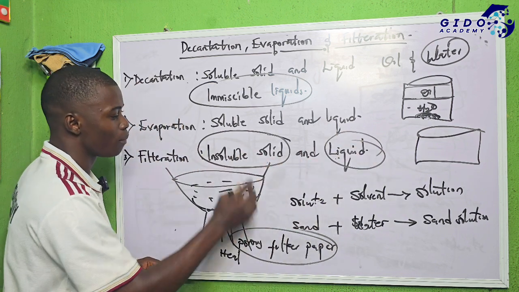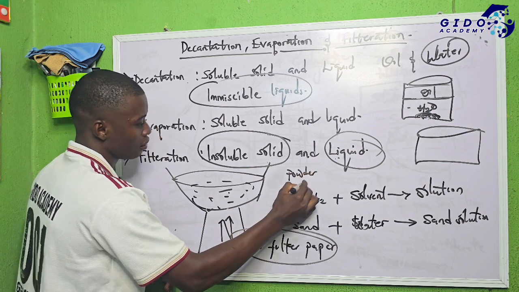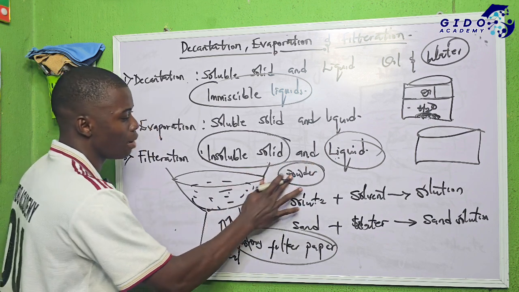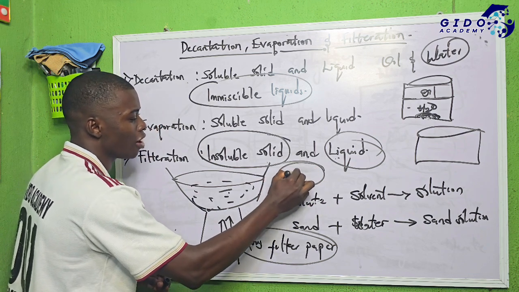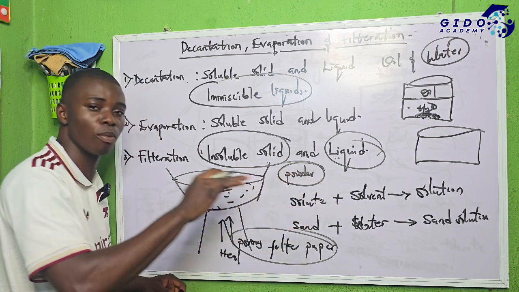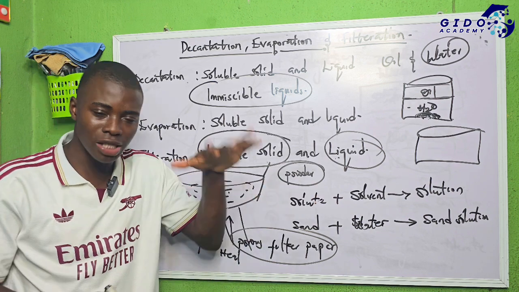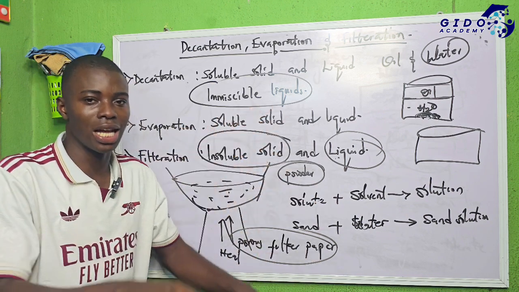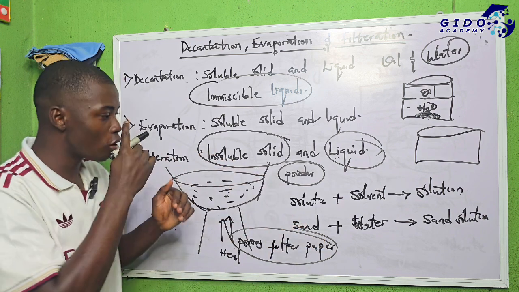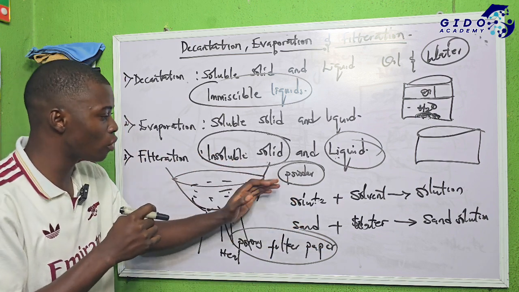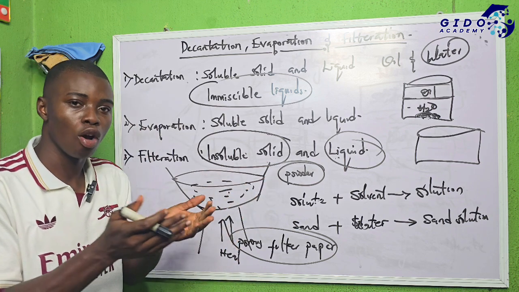For example, let me use powder. If you put powder, or any other solid, there are some kinds of powder that you use, they are going to float on top of the water. They won't settle down. They won't dissolve in the water, they are going to float. They will be suspended on top of the water. So those insoluble solids, which cannot be dissolved in water, get a filter paper, pour the